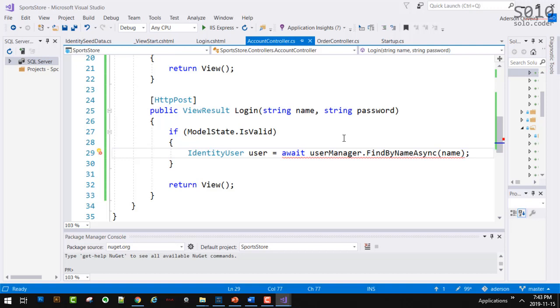Now, I'll tell you this. The system is not waiting, but this method here is waiting for that. However, other things in the system can carry on while this is waiting to get done. This method is waiting, but not other parts of the system.